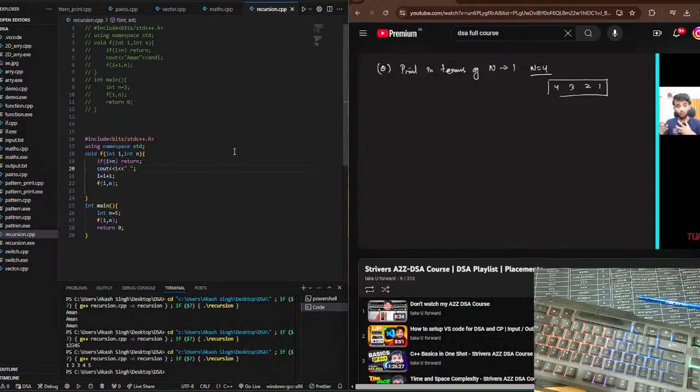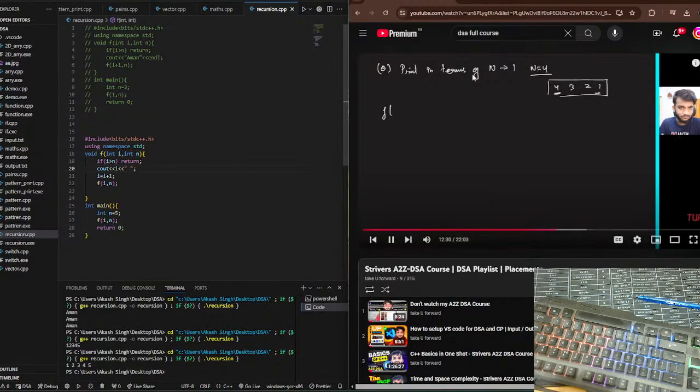As of now, the code that we wrote started from I equal to 1, and then you did I plus 1, then you did again I plus 1, and you kept on calling. So if I have to print from 4, I can understand that the first I has to be 4 and the last has to be 1. After 1, before 1 you don't print. So I can say I'll just write the function, and the